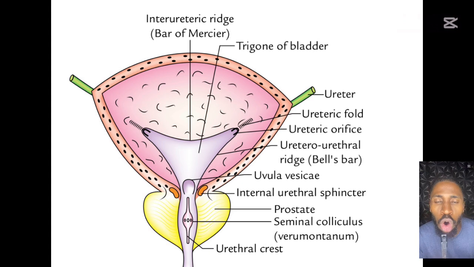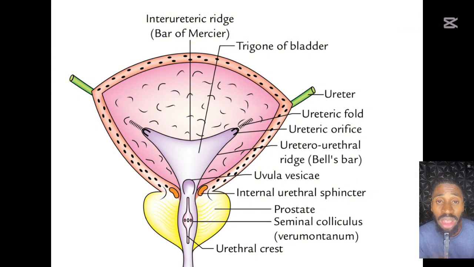The interureteric line, or we call it Bell's bar. The line joining the ureteric orifice to the urethral orifice is called the what? Bell's bar. Now moving on, at that ureteric orifice, where the urine leaves, there's also a